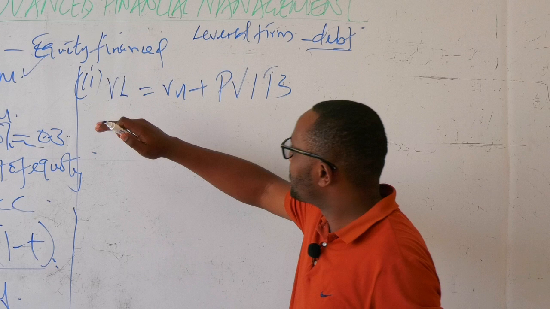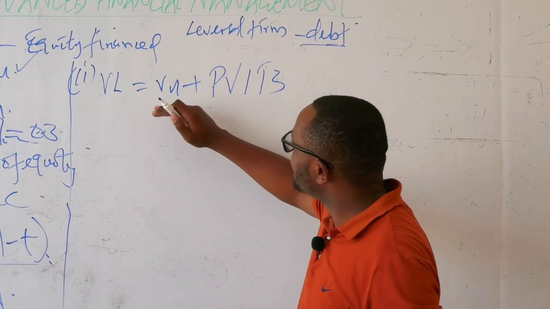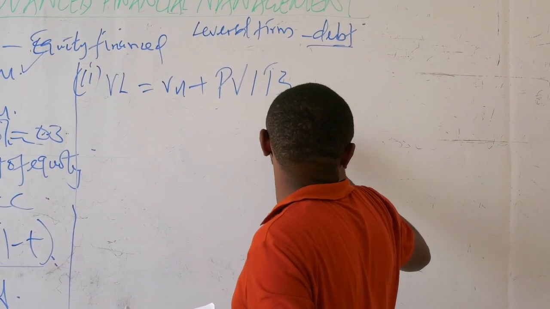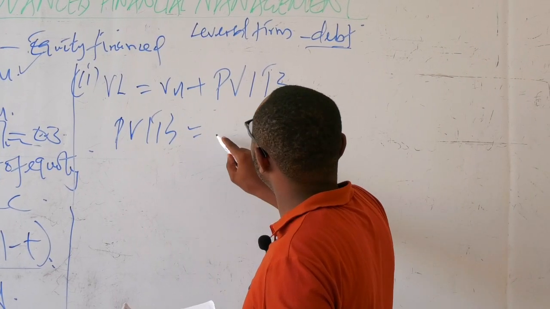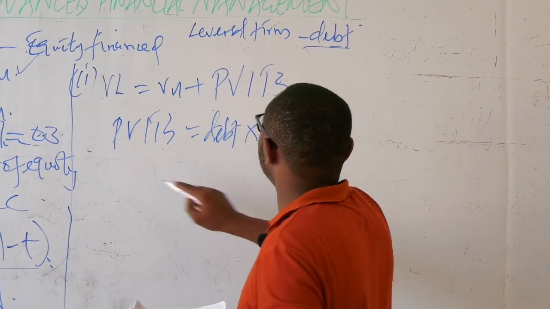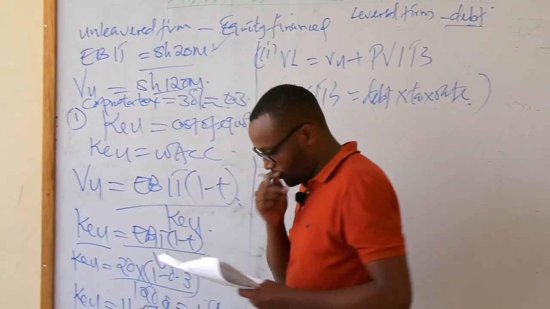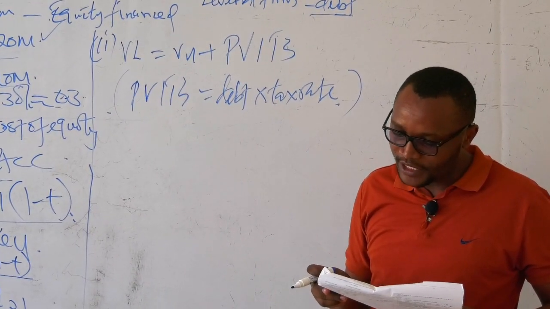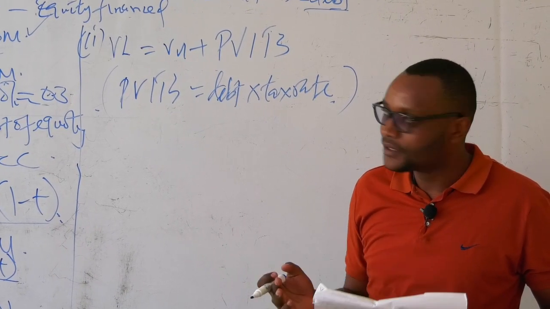So the value of a levered firm is the value of an unlevered firm plus the present value of the interest tax shield. You have to understand this concept about Modigliani and Miller. And to get the present value of the interest tax shield, it is given by the debt component times the tax rate. That is what we mean by present value tax shield. So we're going to use the information given under number 2. The probability of financial distress will increase with the revenues according to the following schedule. And note what we are told in the brackets: exclude financial distress cost.